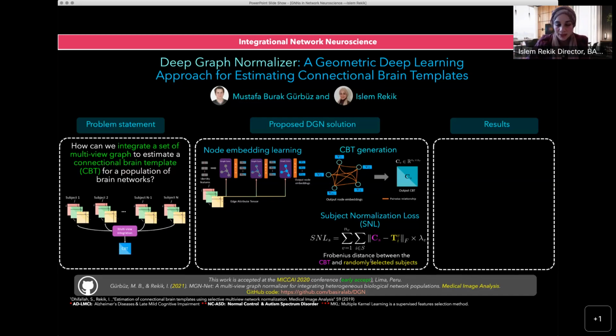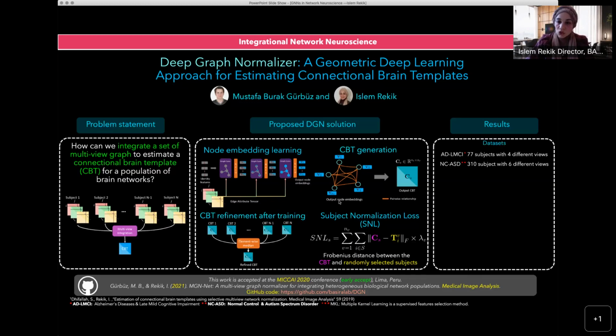And you can think about it as a centroid discovery or learning. And you might think about using an average, but averaging doesn't give you good results because there is a lot of nonlinearity, and also you might have some outliers in the data, so that doesn't give you a good center. So we did this in a fully learnable way using graph neural networks, and we showed that our paper has outperformed a conventional, state-of-the-art method, a Nature Methods paper published in 2014 called the similarity network fusion method.